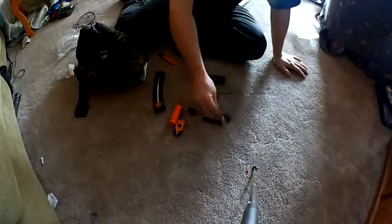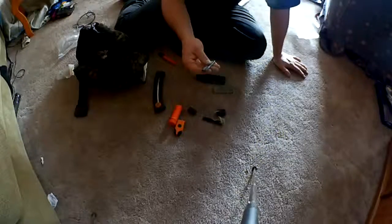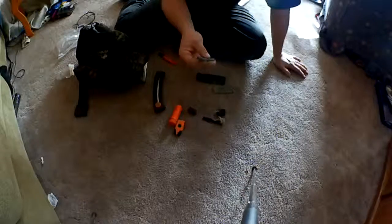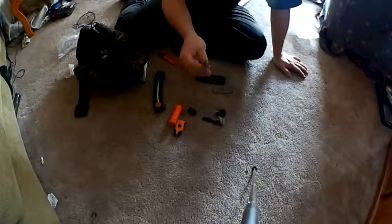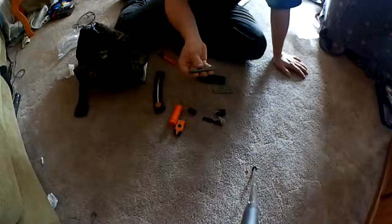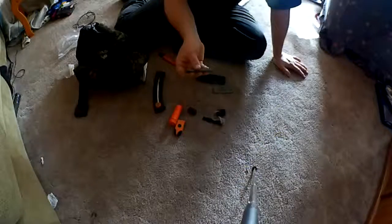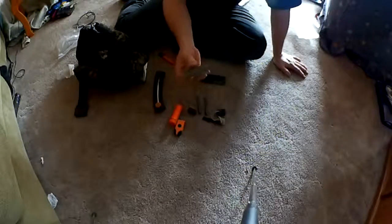Bushcraft Bartons has a video where they made handles out of fat wood. So that's a good backup plan as well, because if you can't find your tinder, then you can always use your fat wood handle to start a fire. So that's what my plan is with these. So next time I go and check my bait site, I'm probably going to grab some fat wood, and then we'll make these handles from those. Magnesium with a striker,